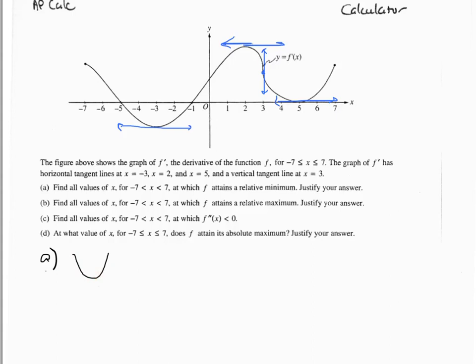So the derivative looks like it changes sign from negative to positive at x equals -1. That's the only place. Negative values to positive values. So our answer is x equals -1, because f prime